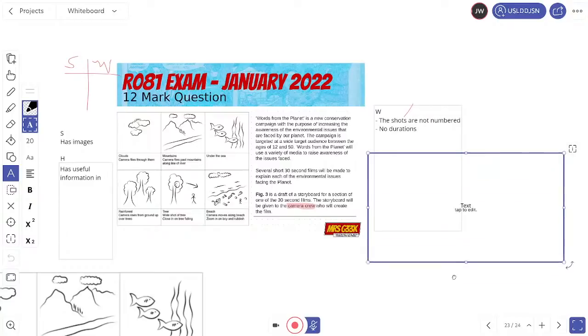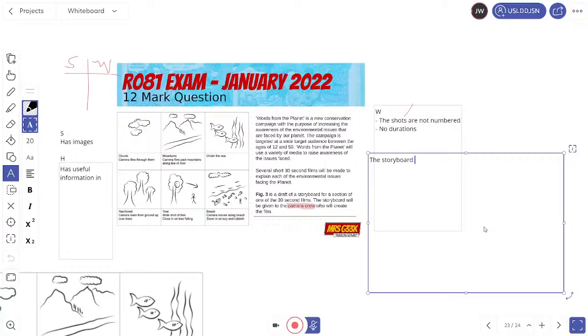Probably not very well. So you're always going to start with what it is. So the storyboard in figure 3, to be given to the camera crew to create the film. I know it sounds like you're repeating it. And then you're going to say how suitable it is. Is somewhat suitable. And then you're just going to launch into your whys.